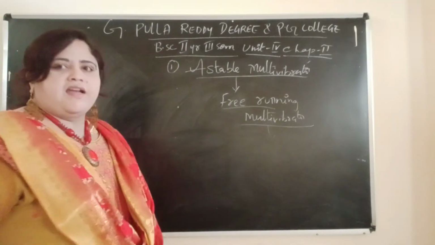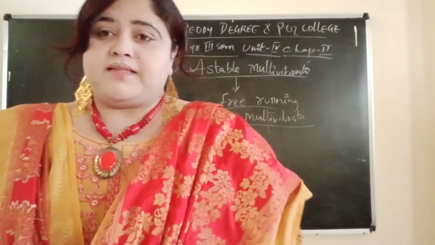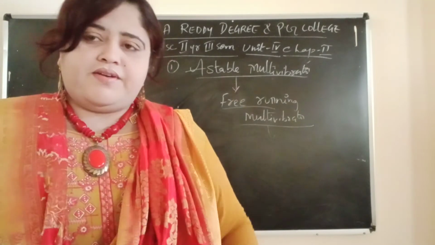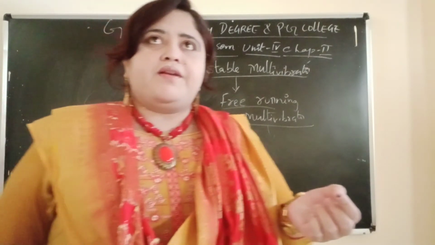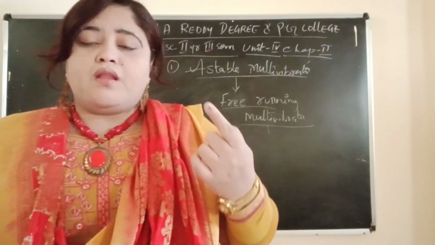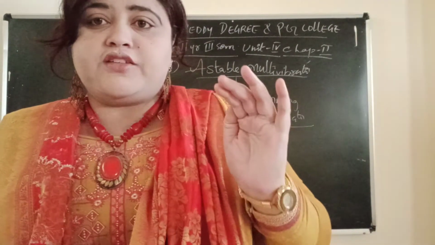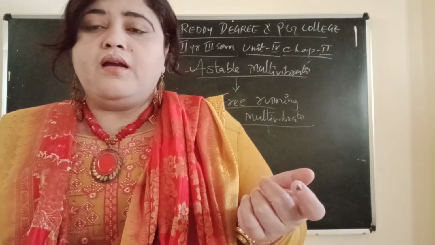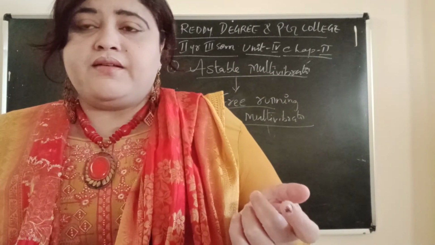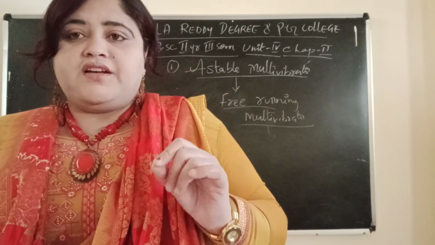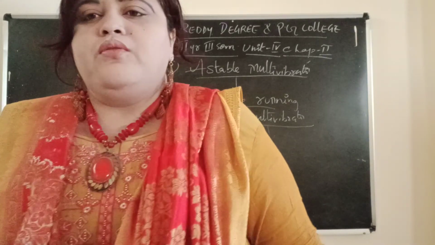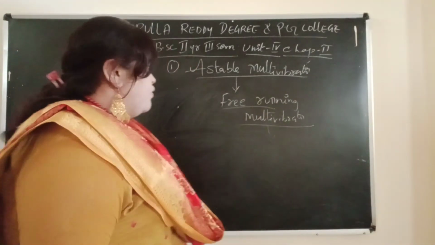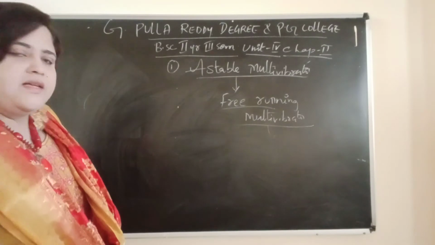Next we will start now astable multivibrator. Astable multivibrator is also known as free running multivibrator. It is having two half stable states, that is known as quasi stable states. This astable multivibrator does not need any external trigger pulse. Now we are going to draw the circuit diagram of an astable multivibrator. What I said, you should draw two transistors compulsory.